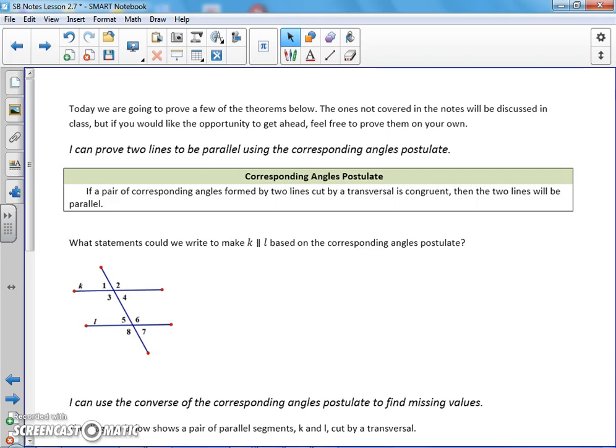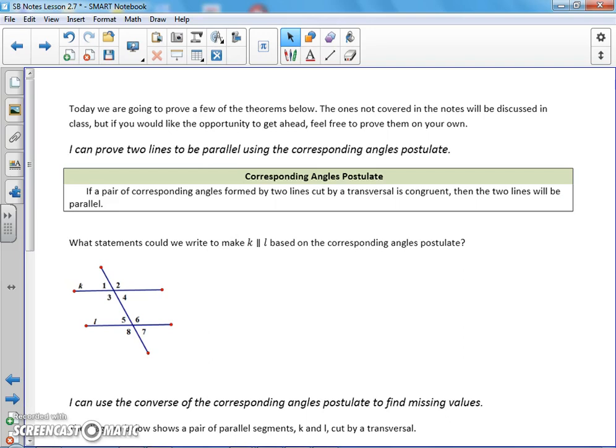Okay, so we're going to prove some of the theorems in this section, and then we're going to leave some of them for you to try on your own. Part of this will also be left for class, so pay close attention so that you know which parts you're supposed to do. So the first part here is based on our corresponding angles postulate, which tells us that